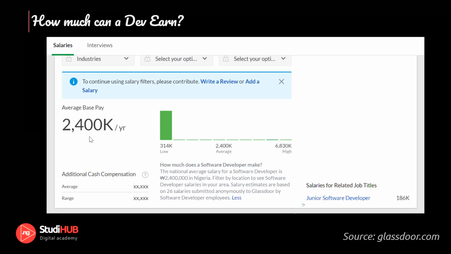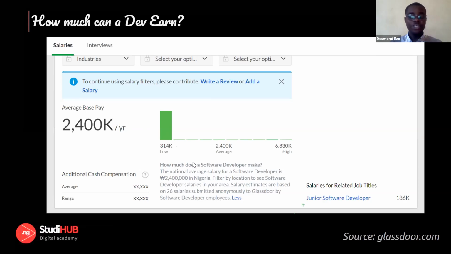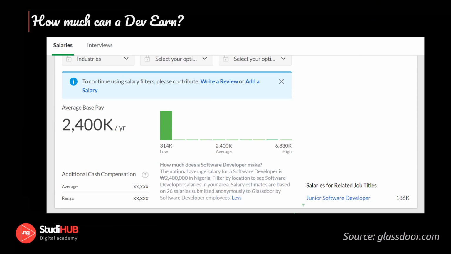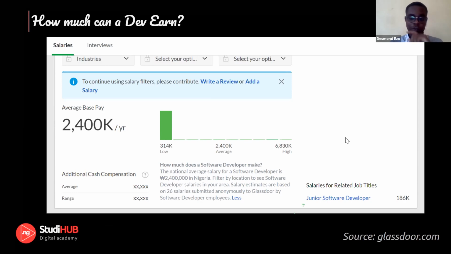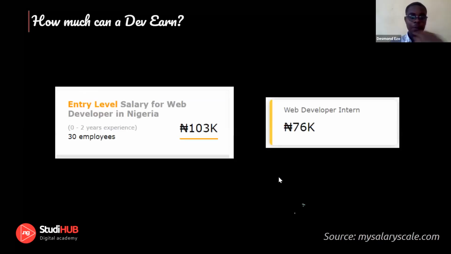On average, they found out that the salary is about 2.4 million naira in Nigeria. That is around 200,000 naira per month. That might not seem like a very high amount, but it is something substantial. So let's look at the second statistic from mysalaryscale.com.